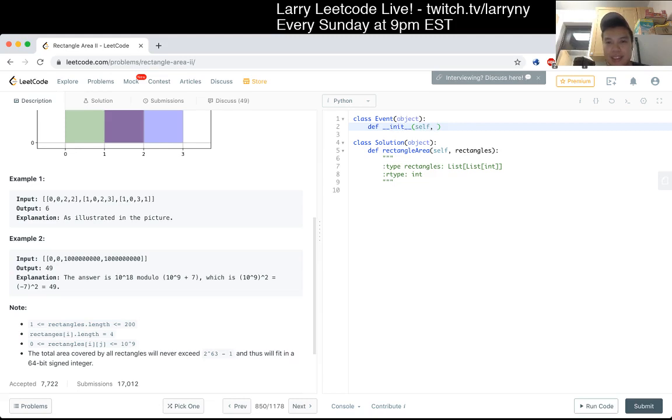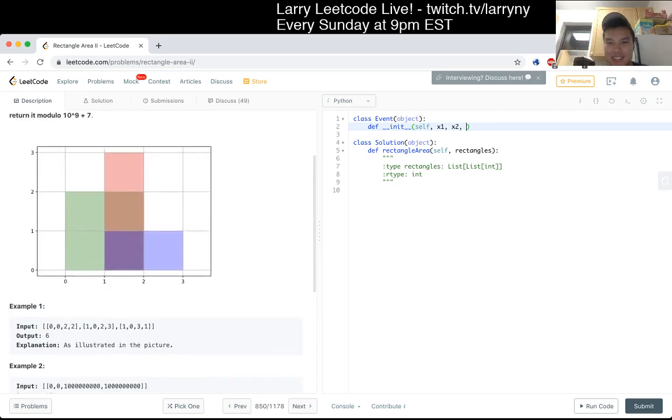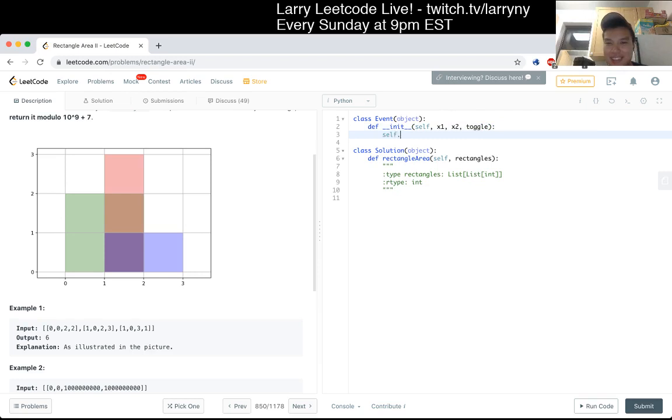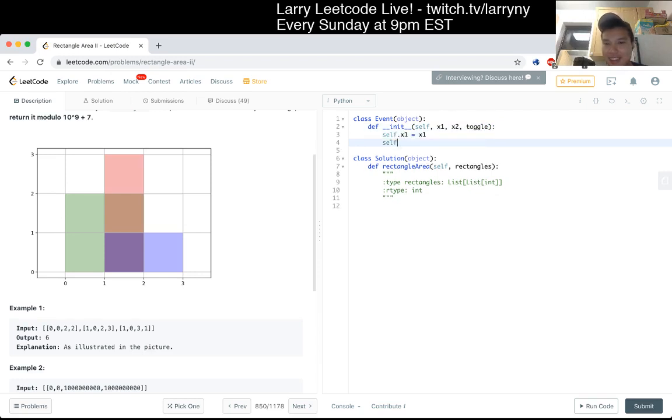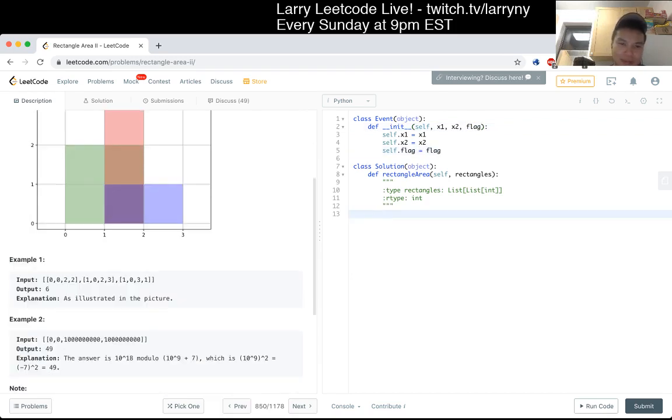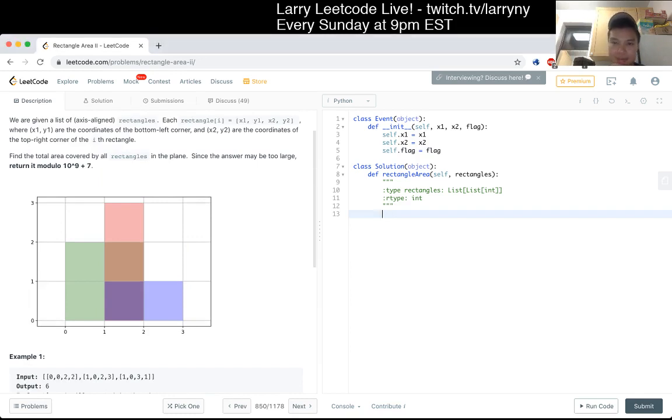I guess height, like what we were saying: height one, height two, and in or out, which is what, toggle? I don't know. I need a better name for this, but hopefully you'll see. Maybe flag, type, something like that. Okay, what am I doing? Okay, so now for